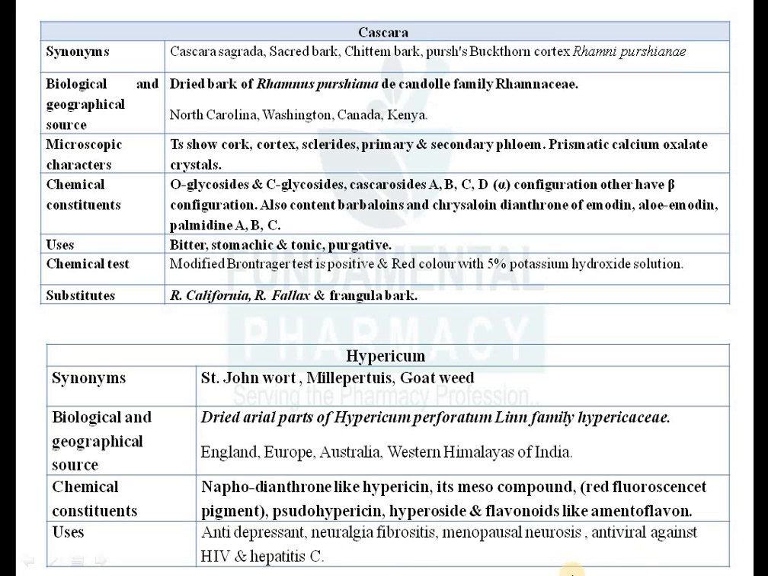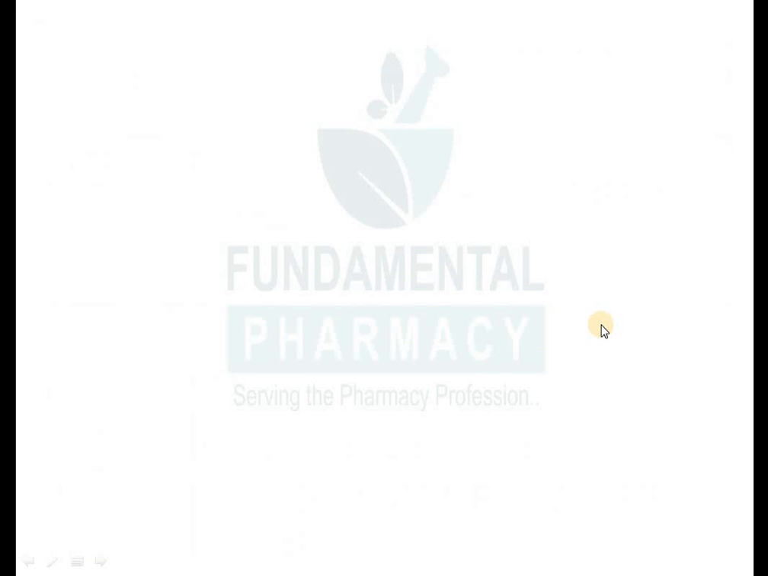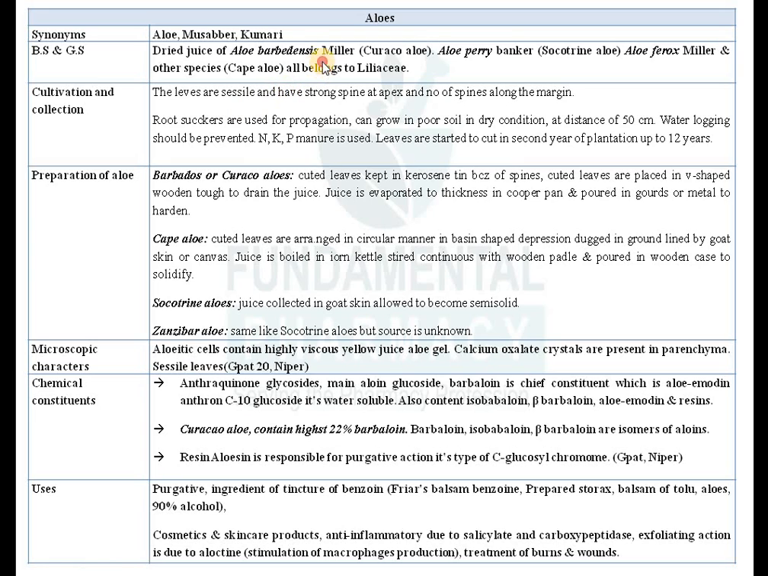Okay. Then menopausal neurosis, it is an antiviral against the HIV virus and hepatitis C virus. So hypericum. They might ask you plant which is an antiviral plant. Now next one is aloe. Aloes जो है वो सबको मालूम है aloe, क्योंकि everybody is using this aloe vera leaves for cosmetic purpose and